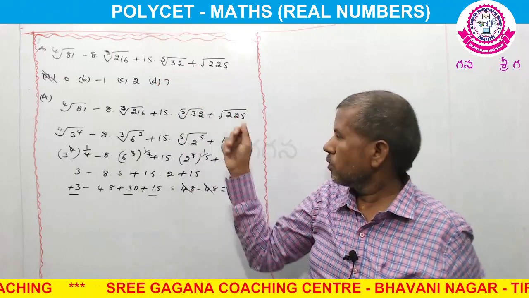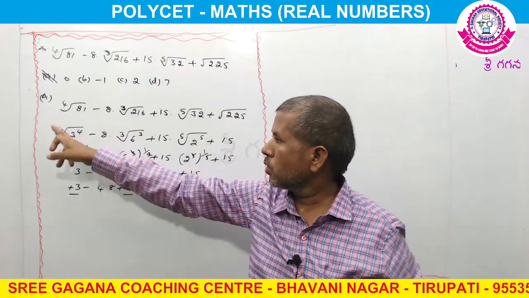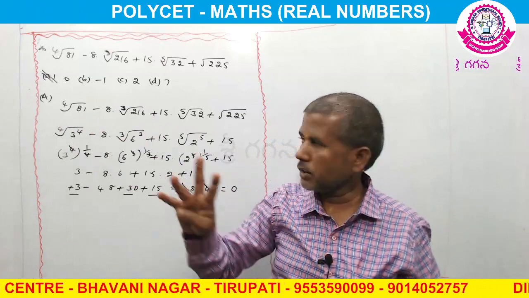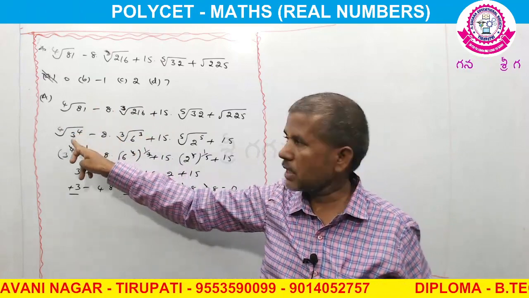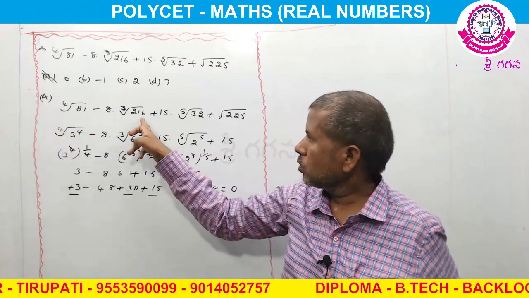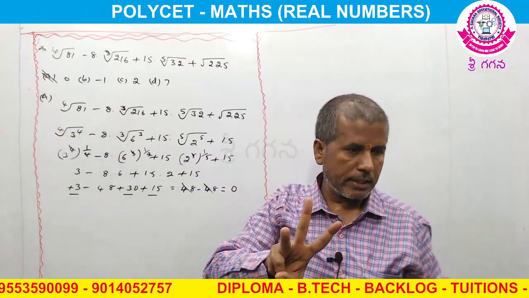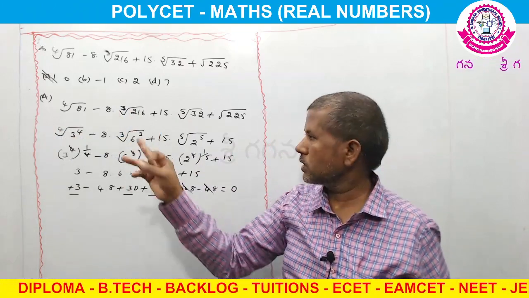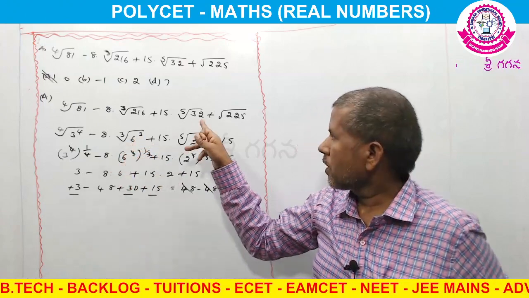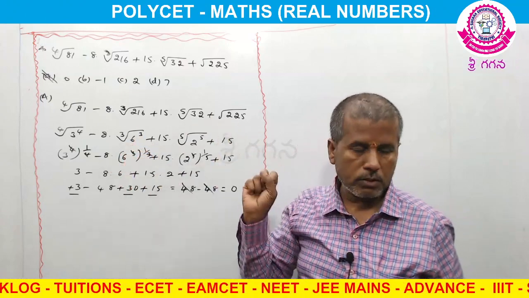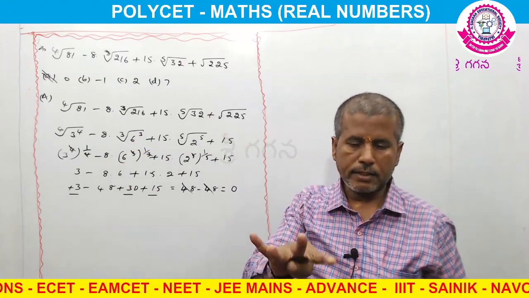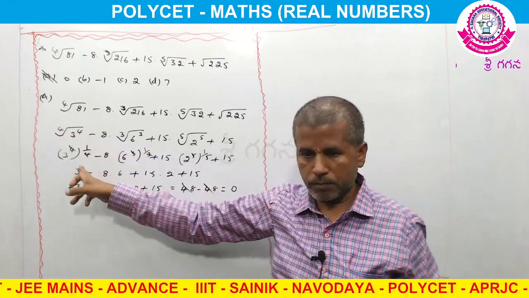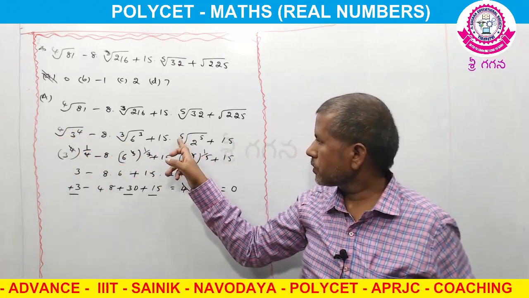So the root of 225 is 15. The fourth root of 81 means 3 into 3 into 3 into 3, 4 times multiplication gives 81. So 3 power 4, because here it is the fourth root. Here 216 is a cube root. Cube root means any 3 numbers. Here we get 6 cubed. 6 into 6 is 36, 36 6s are 216. So we get 6 cubed. After that, 32. 32 means the same number 2. 2 2s are 4, 4 2s are 8, 8 2s are 16, 16 2s are 32. So 2 power 5. Fourth root means 1 by 4, cube root means 1 by 3, fifth root means 1 by 5.